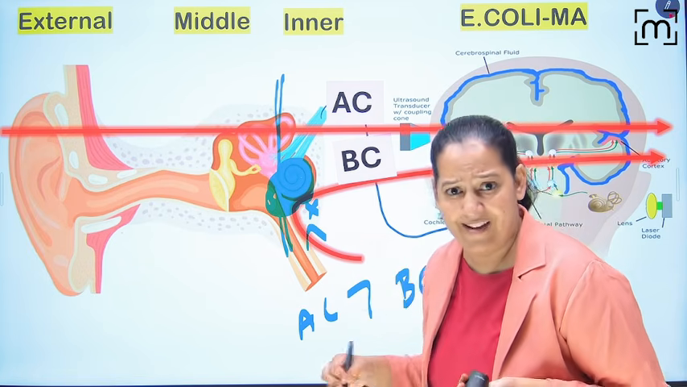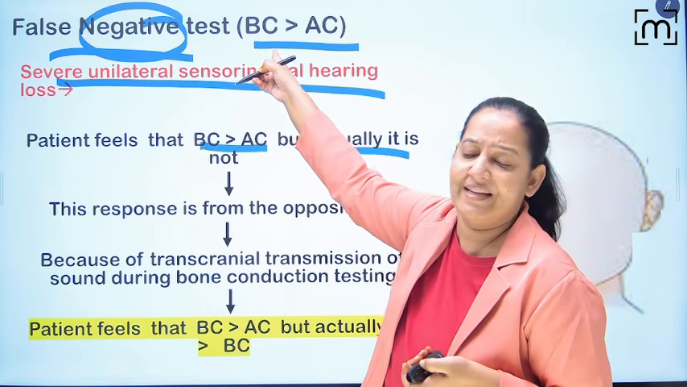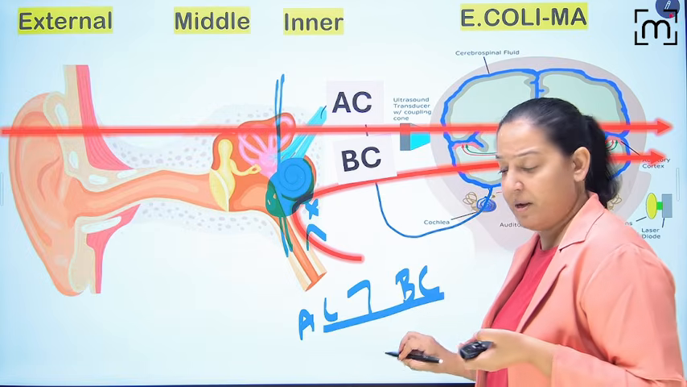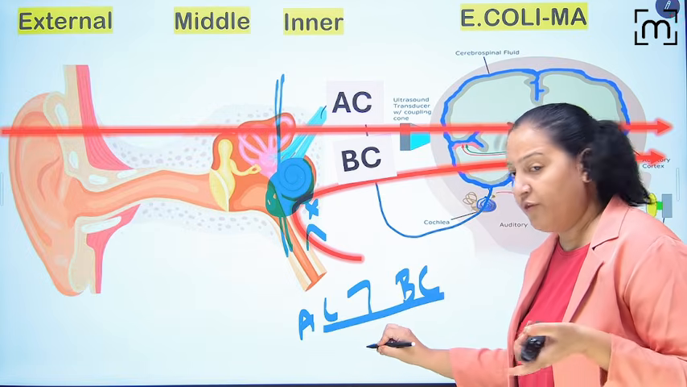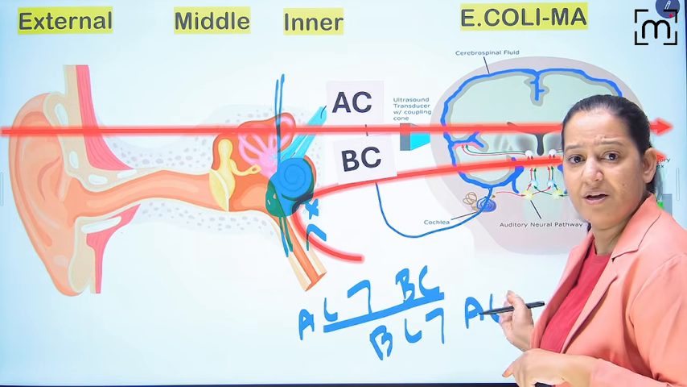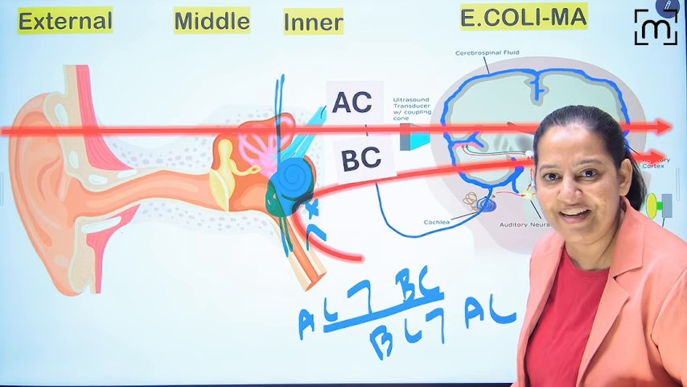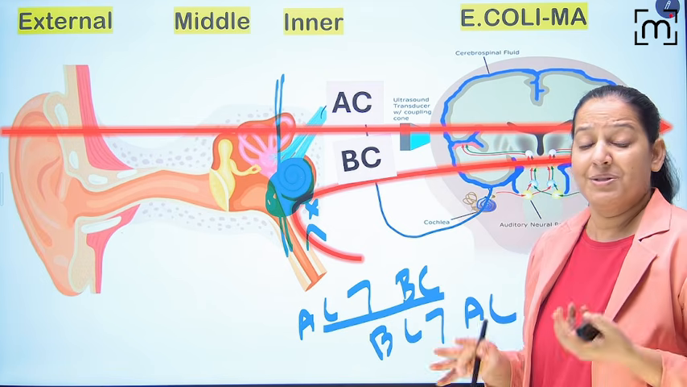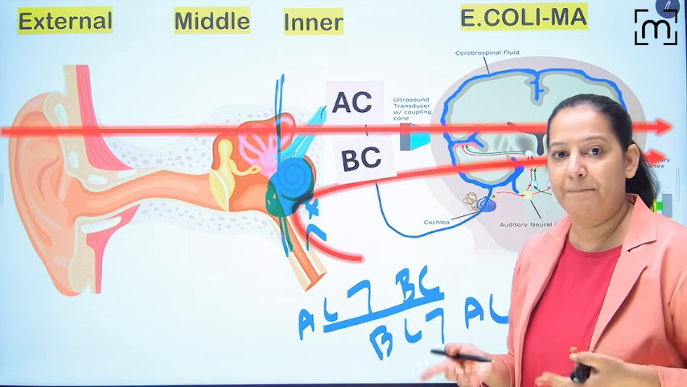Now, ma'am, why does the patient feel BC is greater than AC? Actually AC is greater, but the patient doesn't feel so. If you perform the test on the patient, it's BC greater than AC. You must ask, ma'am, why? That's why I'm saying false negative. So why does it happen? Because